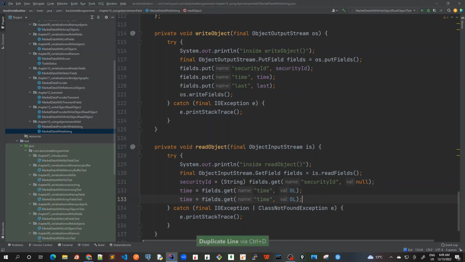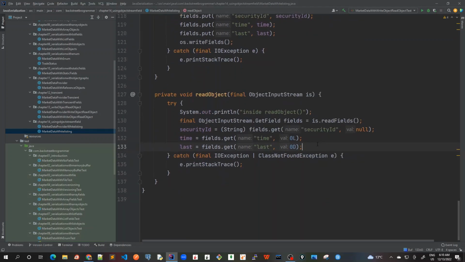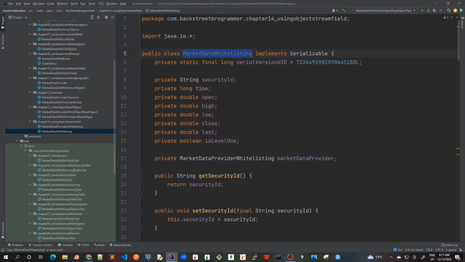And then for the last field, I will put last, and because this is a double, I will mark it as 0D. So let's have a final revision here: for the readObject, we just use is.readFields and get the ObjectInputStream.GetField reference of fields, and from there we extracted all the fields and read all these variables back from the stream of bytes which were serialized. Now let's write some